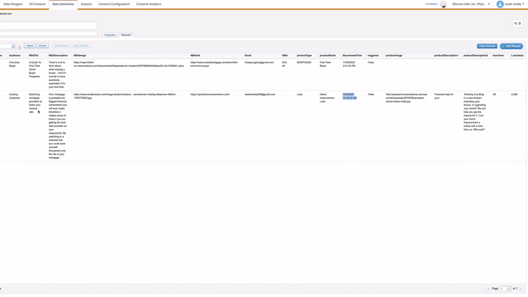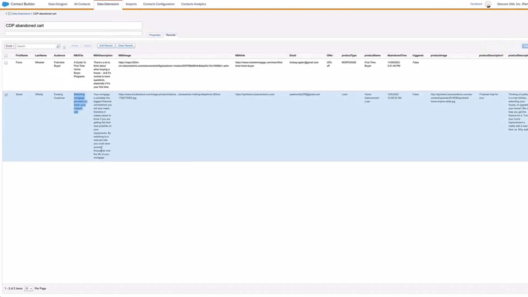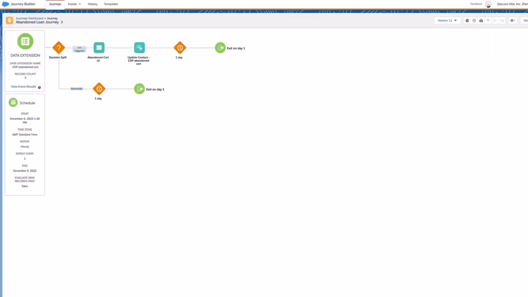So it's recommending that I switch my mortgage providers, and here I'm getting some text. That's the article that's being recommended. Okay. Now that this data extension has been added here, what I have set up in Salesforce Marketing Cloud as